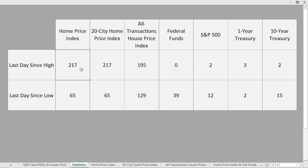We have not seen a higher high on this particular economic report in 217 days. The bigger the number, the more significant that new higher high will be as soon as we approach it. So make note of the large numbers here. That shows us very significant potential breakouts. The 20 city home price index is also sitting at a 217-day high. The all transactions house price index is at a